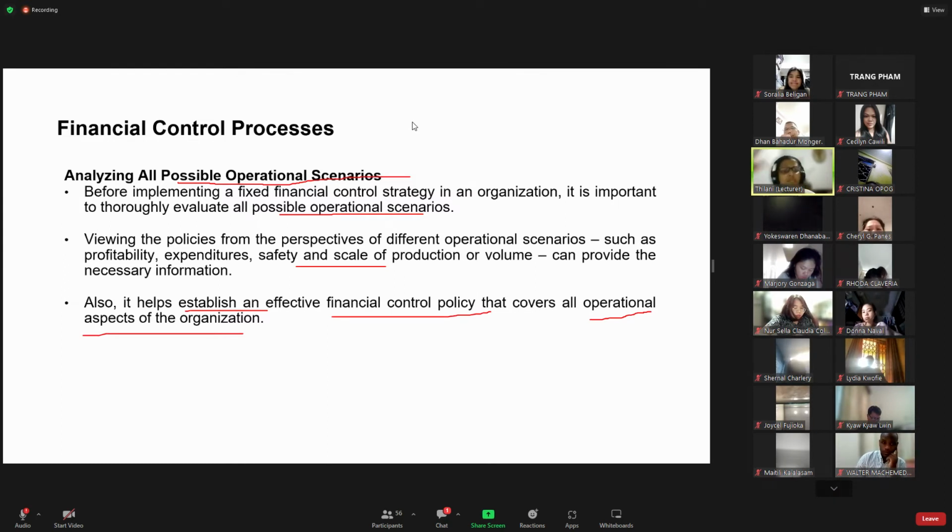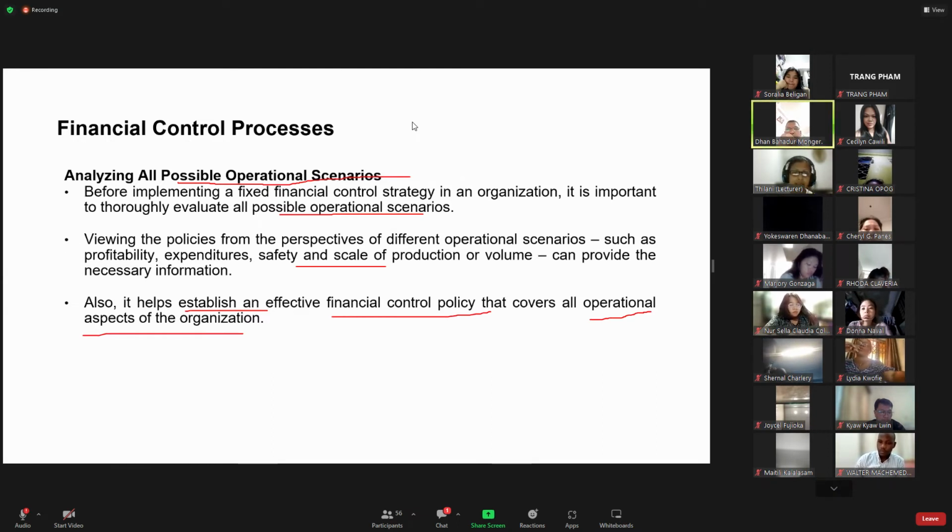well. Whatever the financial policies that the company is implementing must help the organization's operations as well, right? If not, it's not going to be feasible. At the end of the day, the funds or the financial policies should be feasible or should be assisting the operational side, isn't it? Okay, is that clear? Yes, ma'am.